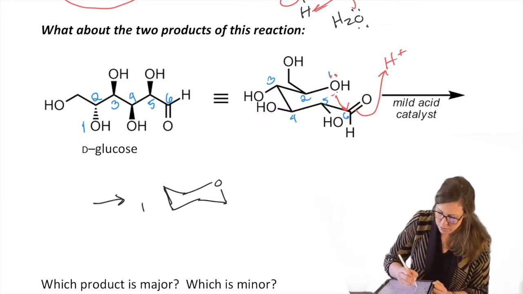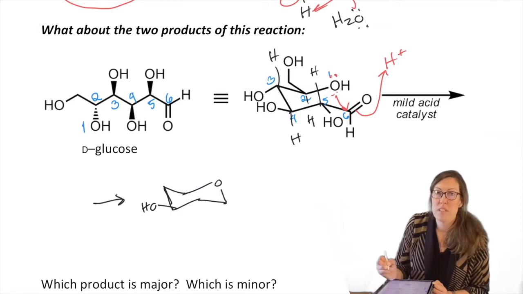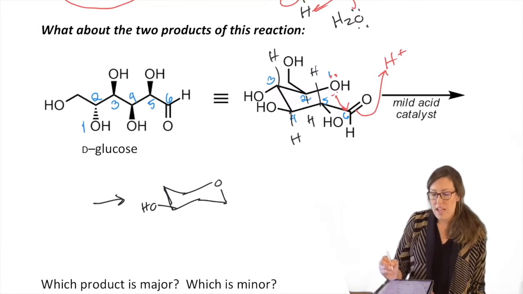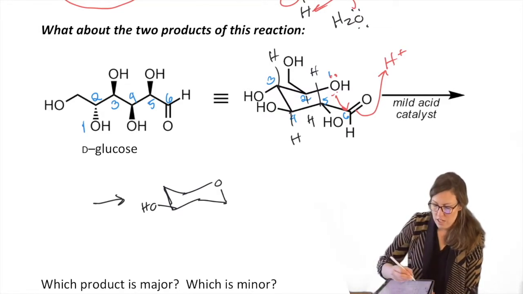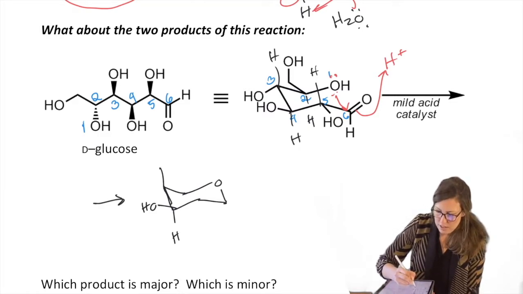Now let's draw in all our groups. This is equatorial. If you aren't sure, you could draw the H's in to see how they would look. Down carbon has a down group. Up carbon has an up group that's axial. So the ups and downs have ups and down axial. Down carbon has a down axial. Up carbon has an up axial. And I won't draw in the rest of the groups yet because we'll do a little refresher.